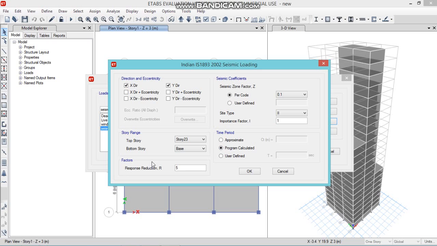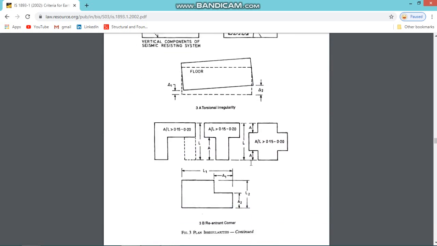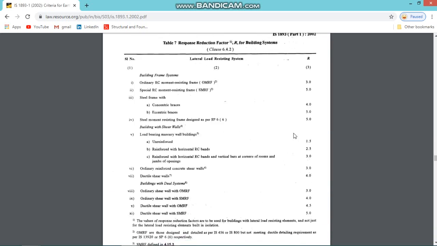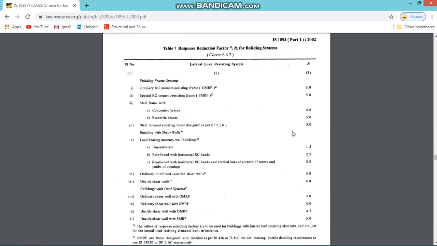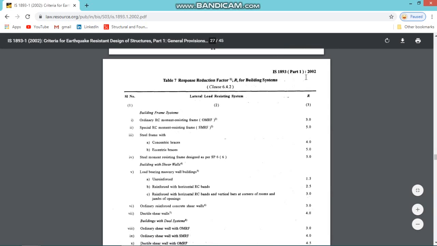And the next thing is factors, which is response reduction factor R. For that you have to refer to the table number 7 in IS 1893 2002. So go to the table number 7. Here you can see in table number 7 we can see response reduction factors R for building systems.